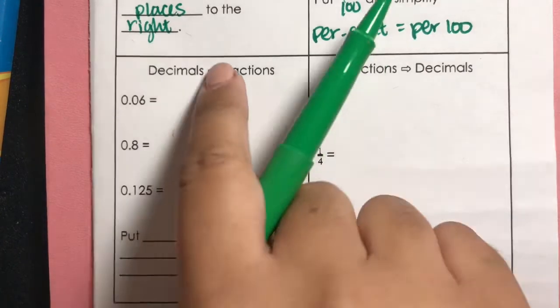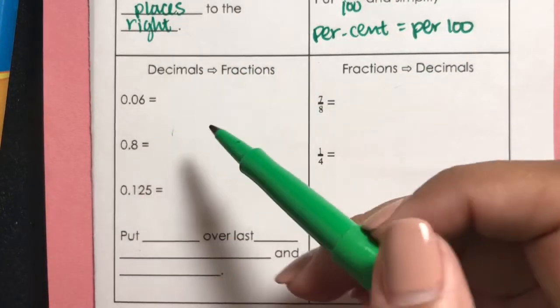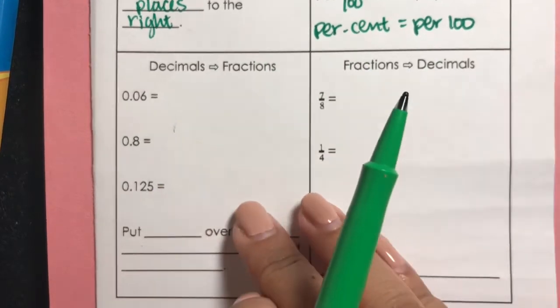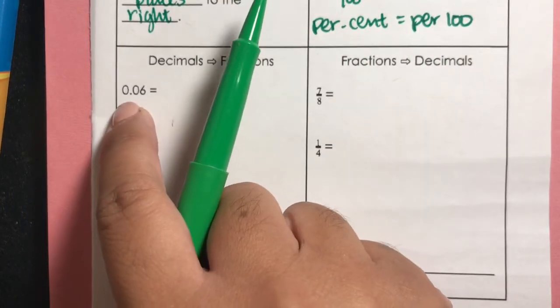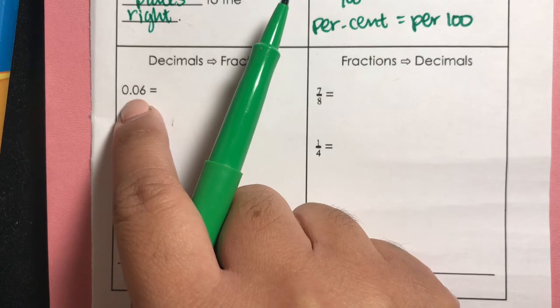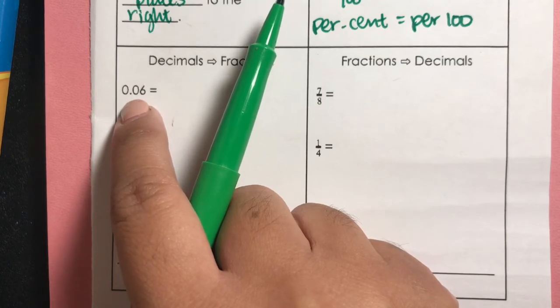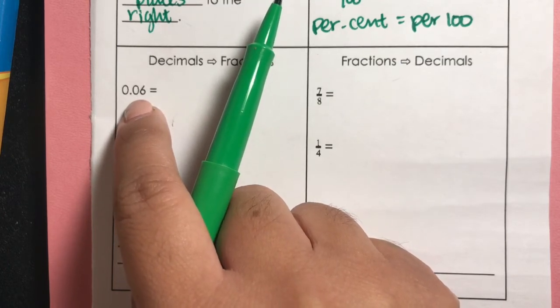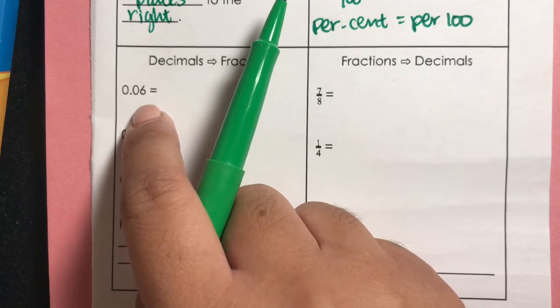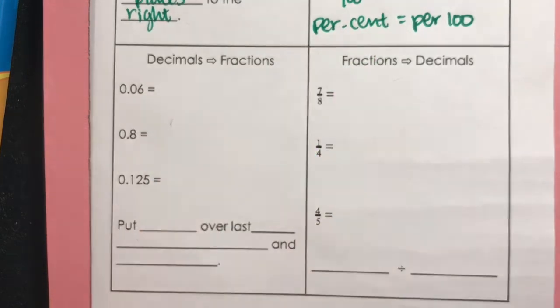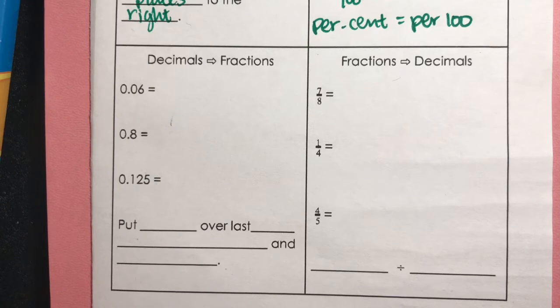Alright, so for decimals to fractions, you need to remember your place values of your fraction. For example, we have 0 and 6/100ths. I know a lot of you like to read your decimals as 0.06. That is the faster way to do it, but if you read it the proper way, the mathematic way, you do need to remember that it is 0 and